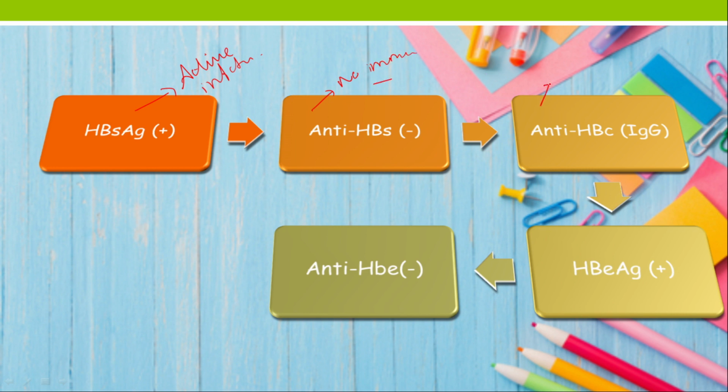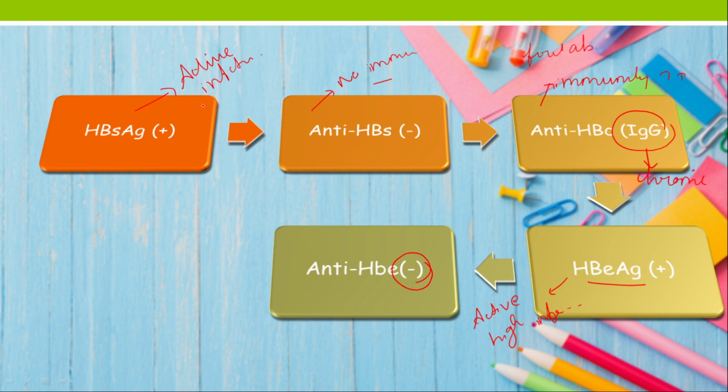and this anti-HBc is considered to be the first antibody to appear. So, now the immunity had started boosting slightly high, it had started its work now, and this IgG is indicating that there is some chronic infection. Okay, so if it is IgM, it is acute, and if it is IgG, then it is chronic. So this HBeAg positive is indicating the active viral replication or high infectivity. Okay, you can remember like that. So this high infectivity is there, and here as usual anti-HBe negative.